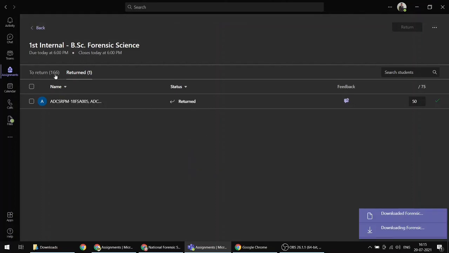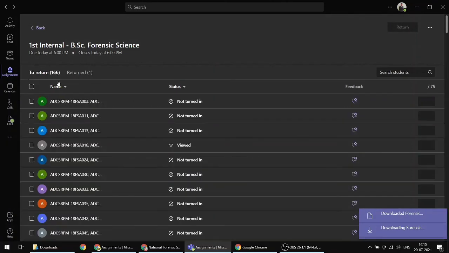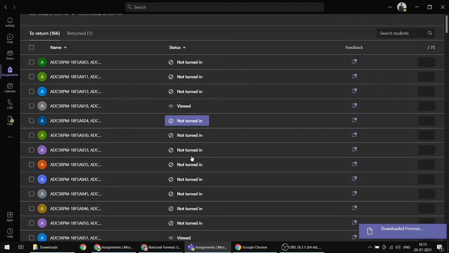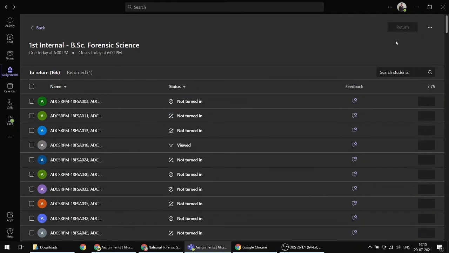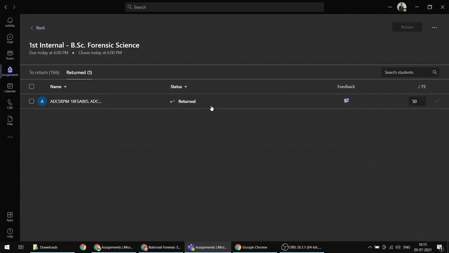Immediately after the exam, you can see here those who have viewed. If it is still visible as not turned in, then you can download this Excel sheet in the form of attendance. So this is for attendance, and this is for the list of marks for the list of students. Respective students, how much marks they got, that list you can download here.